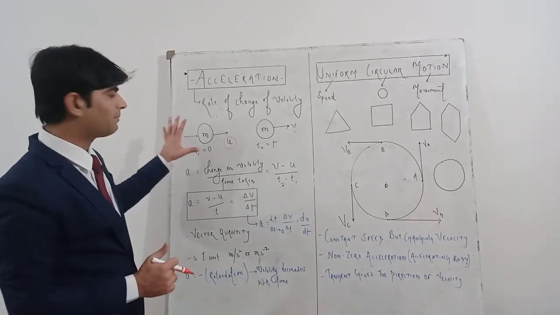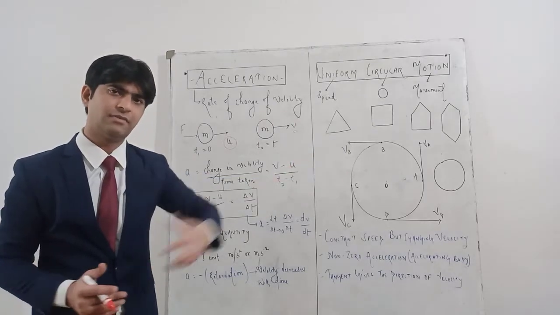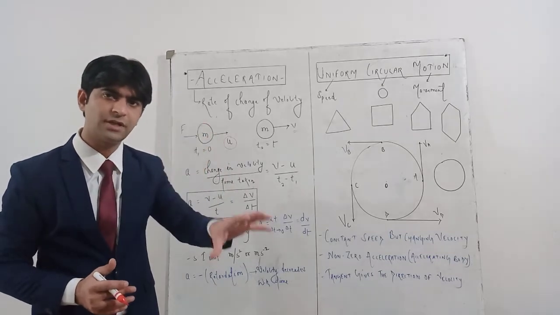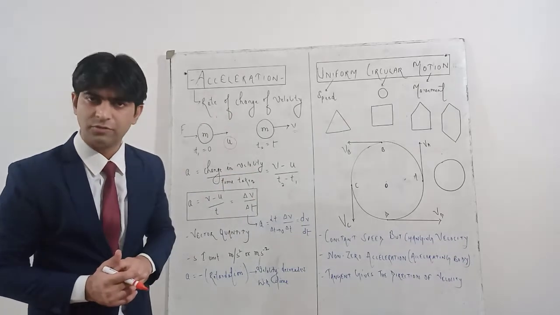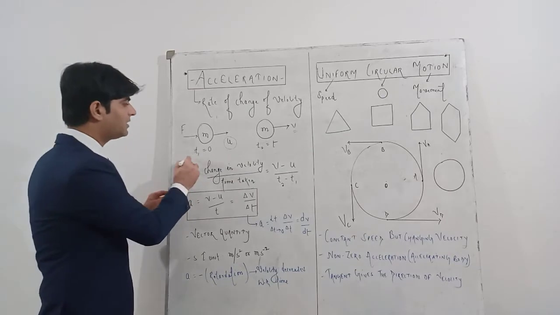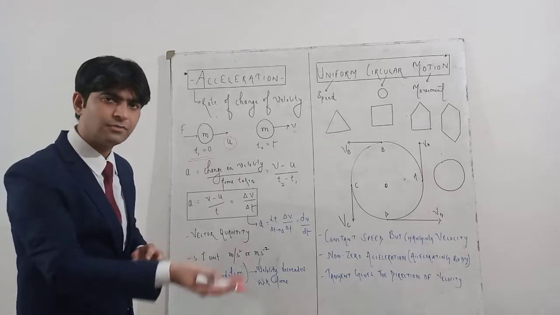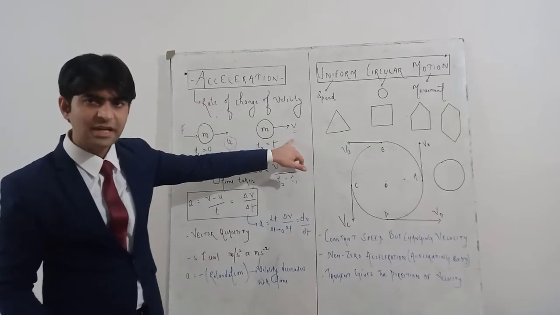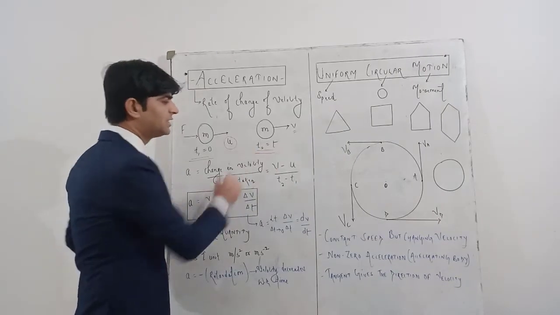Okay, so if you apply certain amount of force on a moving body, definitely the velocity will increase. And if you want to stop the body, if you want to decrease the velocity also, you have to apply certain amount of force. Okay, so u is the initial velocity here, and time I have taken here as t1 is equals to 0. When you have applied the force, I have taken time to be 0. When the velocity becomes v, जब velocity v हो गई, so I have taken time t2 is equals to t.